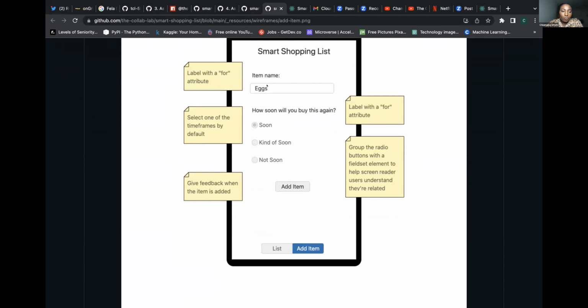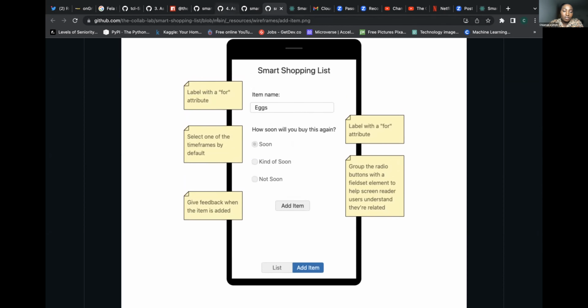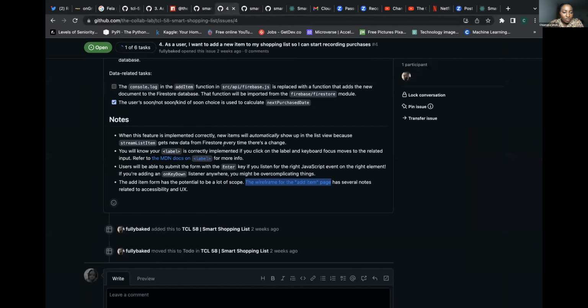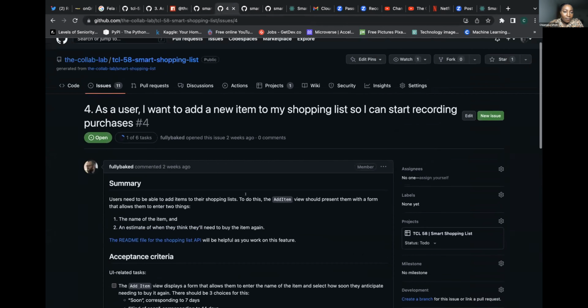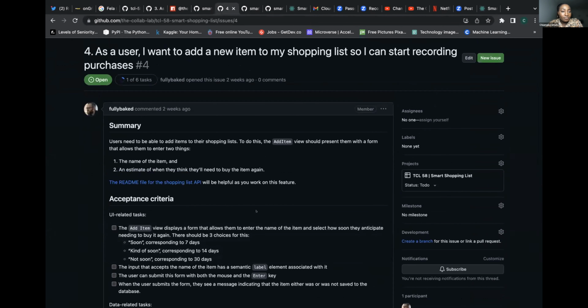So this is what your form is expected to look like, and then you can see these explanations by the side to help you achieve all the ACs